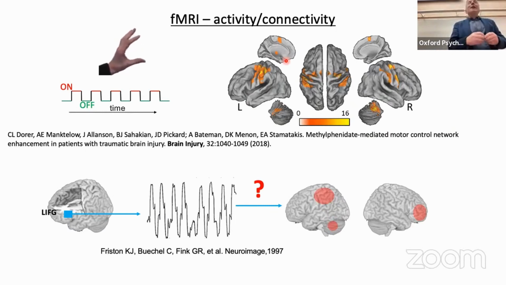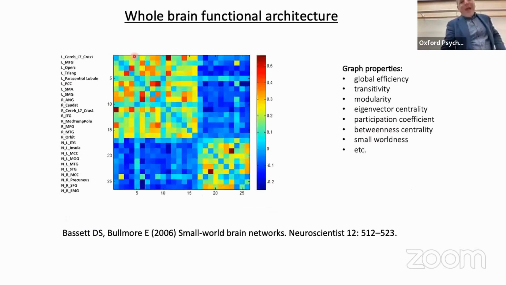And beyond that, we can ask more complicated questions, such as which parts of the brain communicate with other parts of the brain while we're doing something, while we're engaging with the stimulus. So that's what we call connectivity. And connectivity questions don't have to be one-to-one or one to other parts of the brain. They can also be